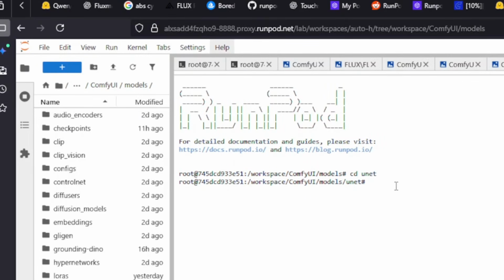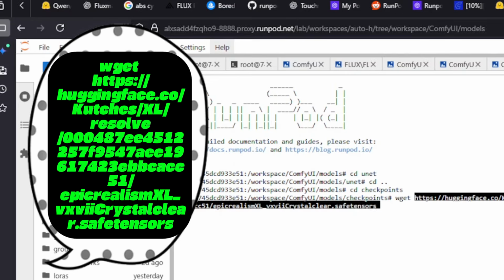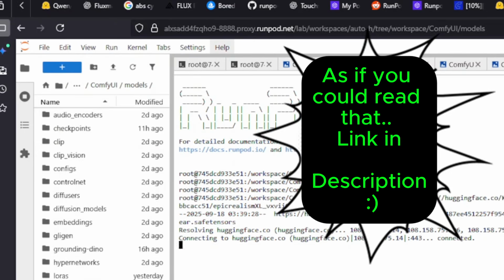While we're on models, you're going to see it goes in checkpoints. So I'll cd into checkpoints. Now that we're there, we'll wget and paste our link.